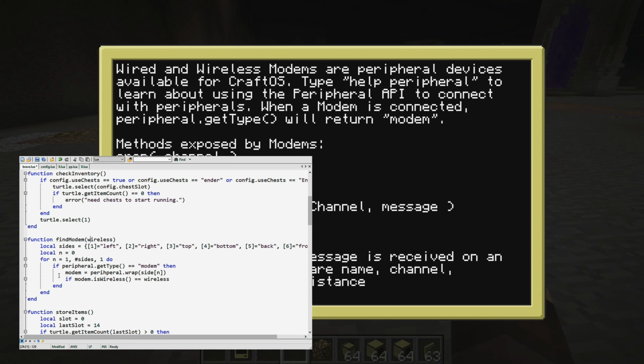So if we give it some information, let's say true or false, that's kind of what we give with this. So if it is true and returns that it is wireless, then we have found our modem. That's kind of what I'm typing here. And if we ask for a non-wireless modem, if wireless is false, then if this does also return a false value, it will be equal, and then we will have found our